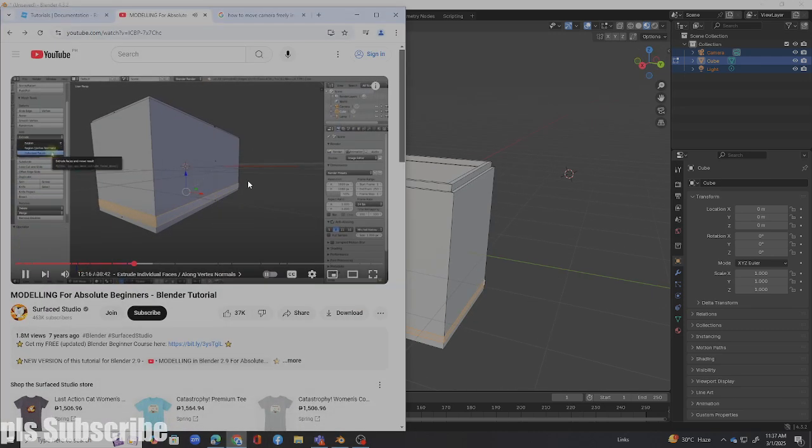And you can extrude individual faces. Now, if I select extruding individual